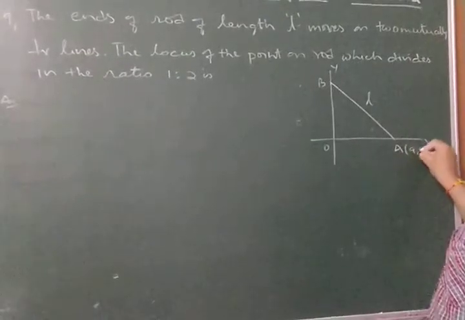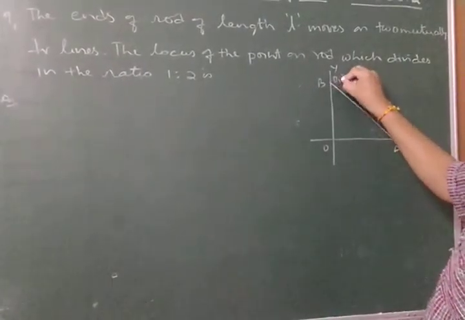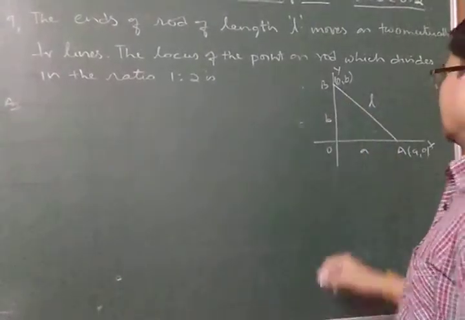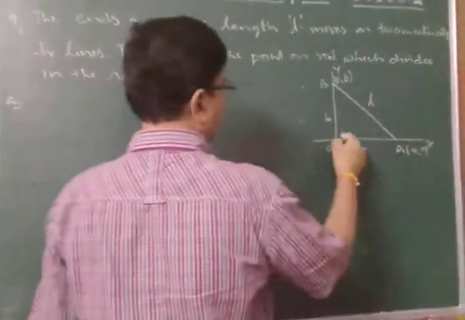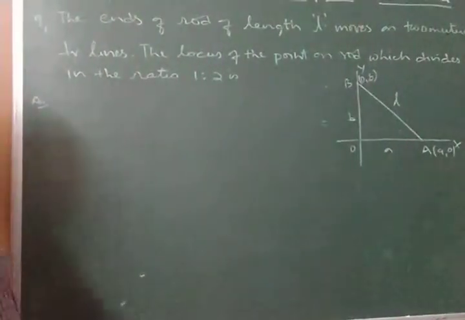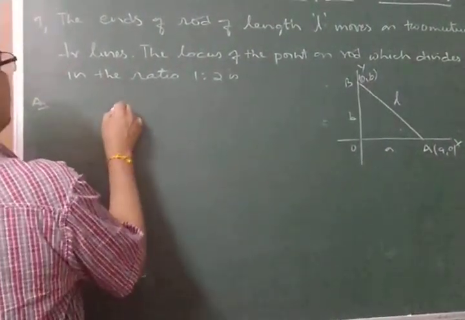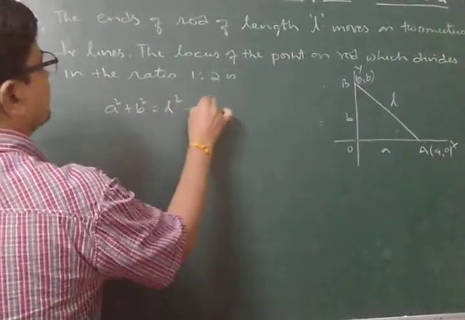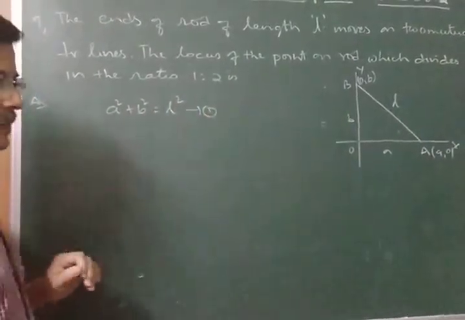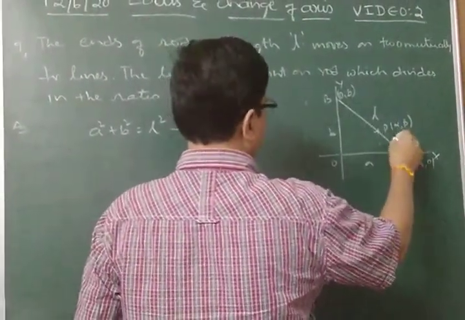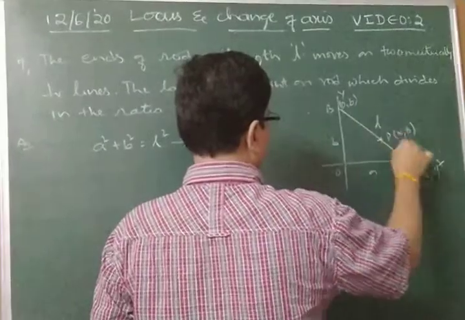Here we are taking (a, 0). This is (0, b). We know that this is small a, this is small b. Now we get a right angled triangle. OAB is a right angled triangle. From that right angled triangle, we know that a² plus b² is equal to L². This is equation number 1. If P(alpha, beta) is a point on the rod which divides AB in the ratio 1:2,